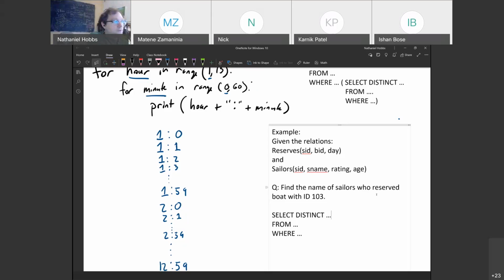Well, we want names. So I guess you'll start from the FROM section. Yeah, sure. And from there you can rename the tables: sailors as S and reserves as R. Okay. And then you'd select